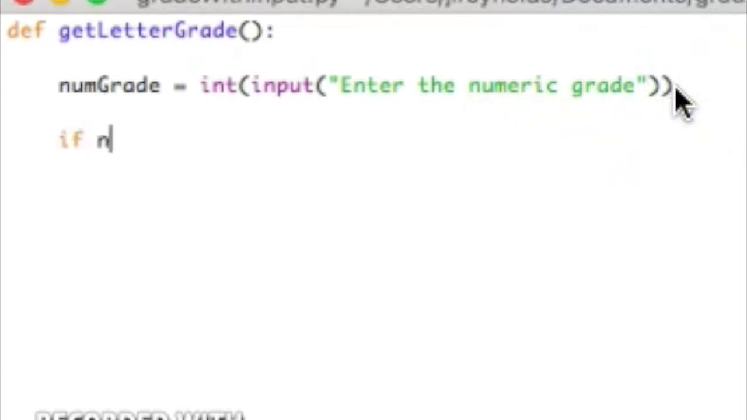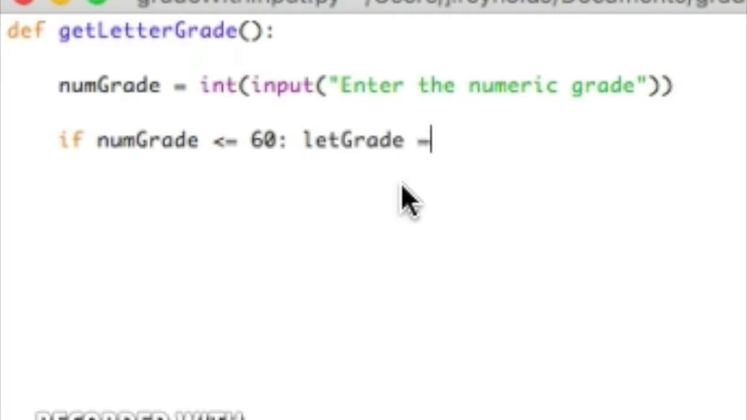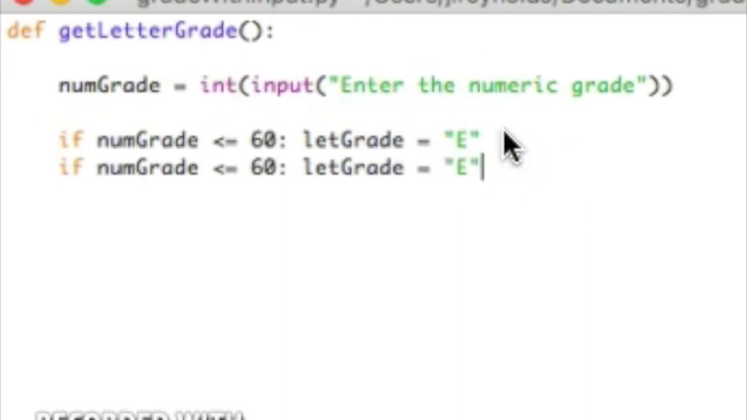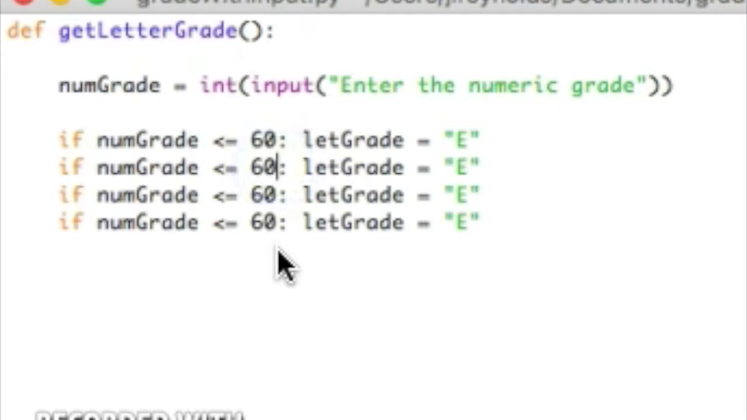I can have if numGrade is less than or equal to 60, the letter grade will equal E. All right, and then I'm just going to copy and paste that. And now I'm doing something wrong here, but I want you to see if you can figure it out. So I'm going to make this 69 and here a D, and I'm going to make this a 79 and a C, 89 and a B,